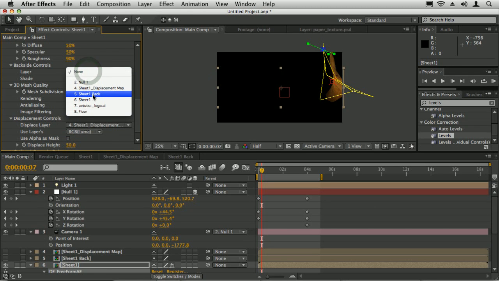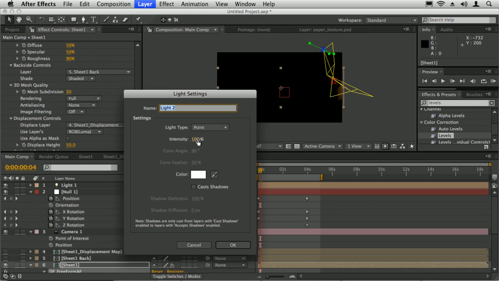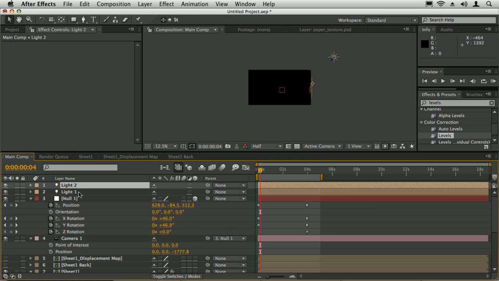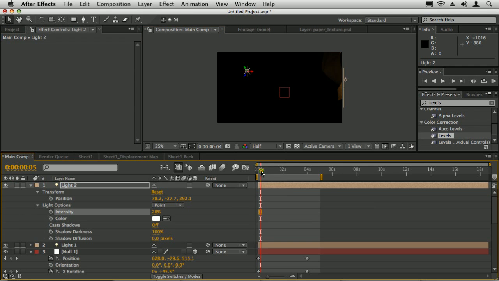Layer, sheet 1 back. So let's try adding another light. And we'll turn the intensity down in a minute. Let's turn this one off. Yeah. So I'm going to move it around over here. So as you can see now, by having this light come to the back, now we can see the back. So I'm now going to lower the intensity,